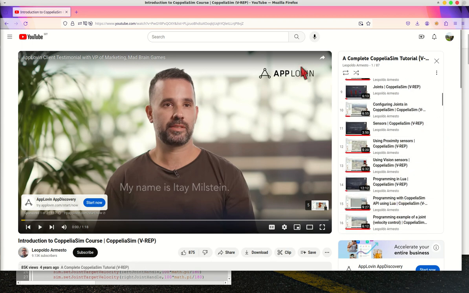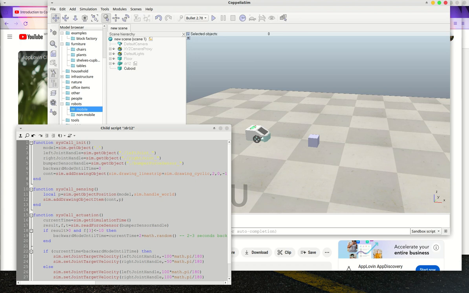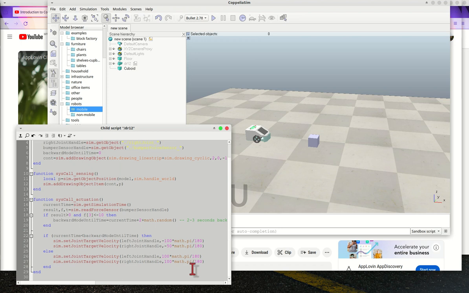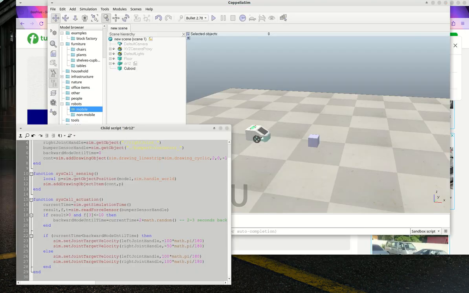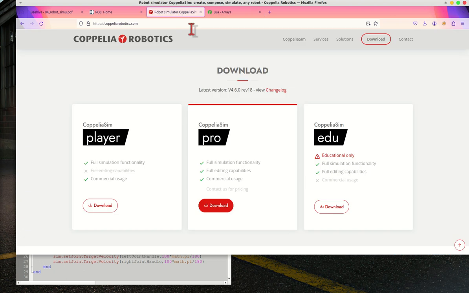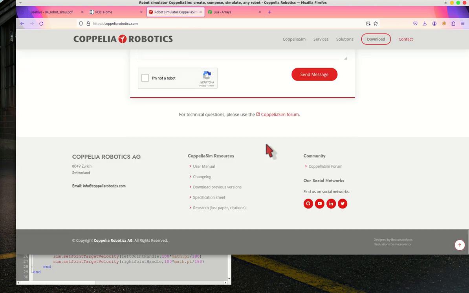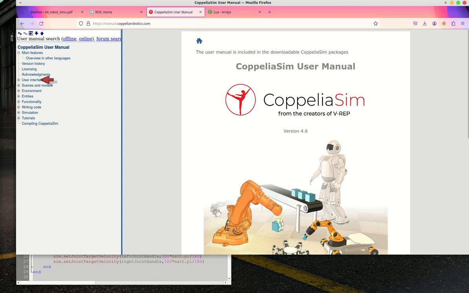But what I've been telling you is already sufficient for you to modify the code. And you can also get some references from the website of Coppelia. Over here, you can go to the user manual. For example, let's say you want to know the functionality.